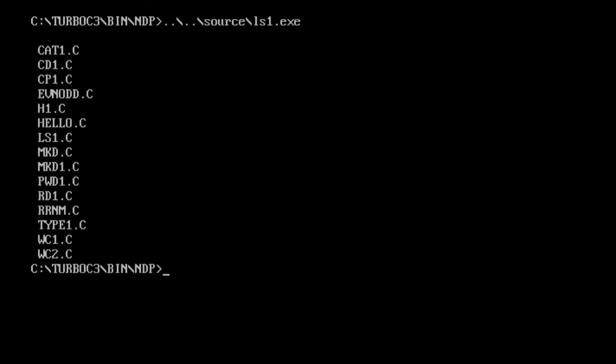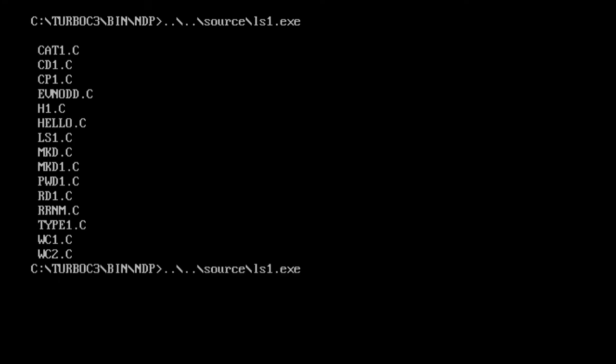So the first option is ls. Instead of typing ls, I will be typing my exe file name, which is ls1.exe, and enter. So these are the possible list of C programs in my directory location.